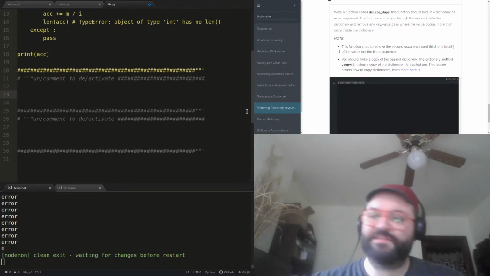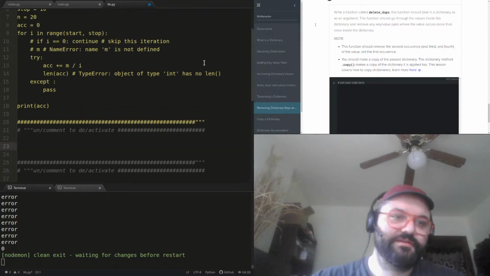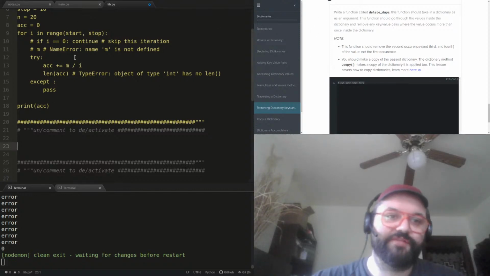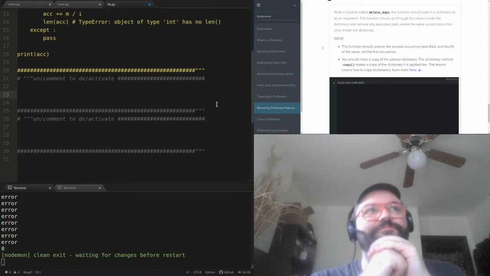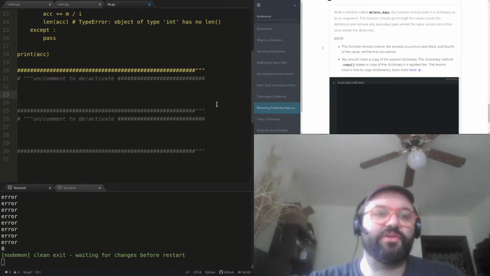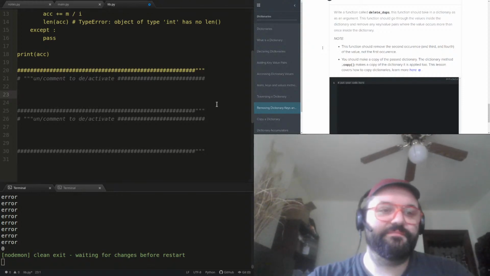Okay, and I did want to mention, so that's one aspect of error handling. And I guess this isn't technically error handling. I want to talk about raising your own custom errors.